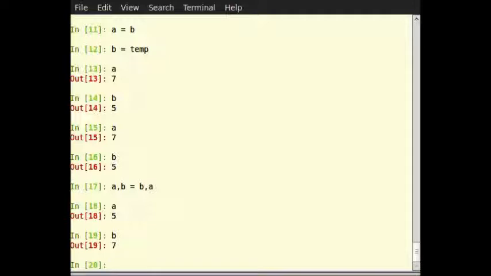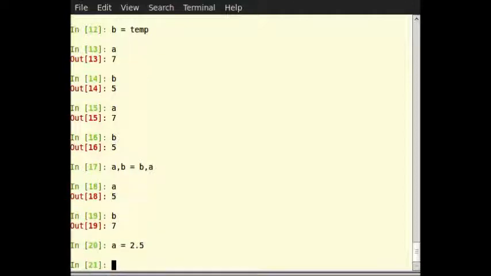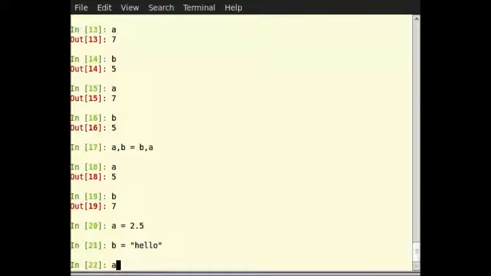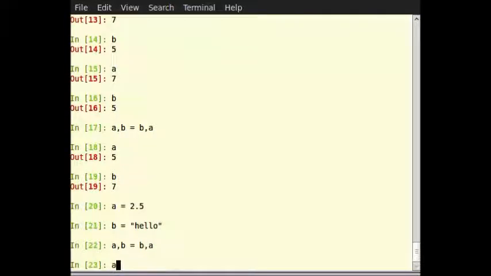So let's try. a is equal to 2.5, b is equal to within double quotes "hello", where h is small letter, then a, b is equal to b, a, then a, then b.